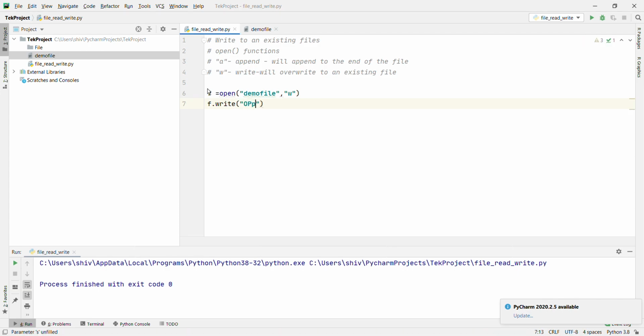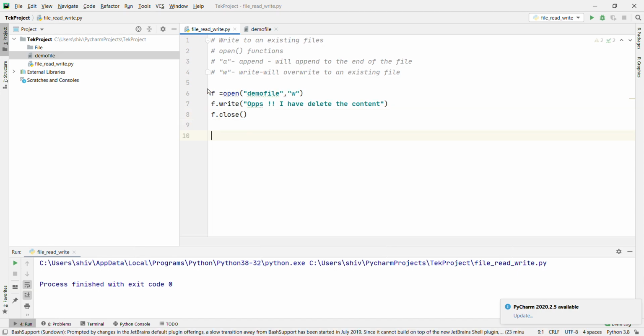Oops, I have deleted the content. After that, f.close, for closing the file.